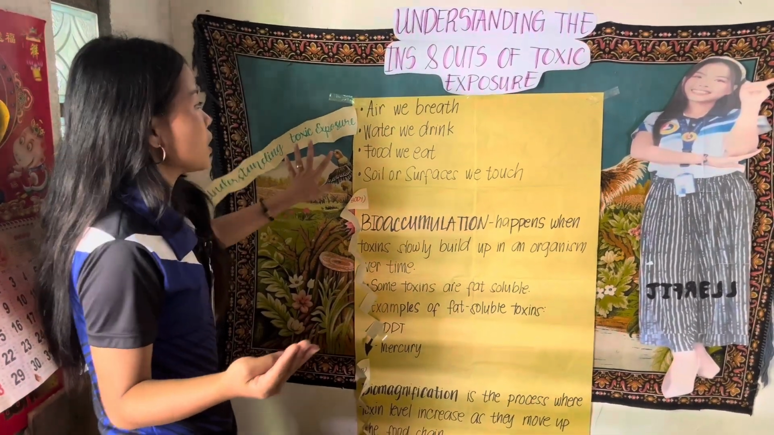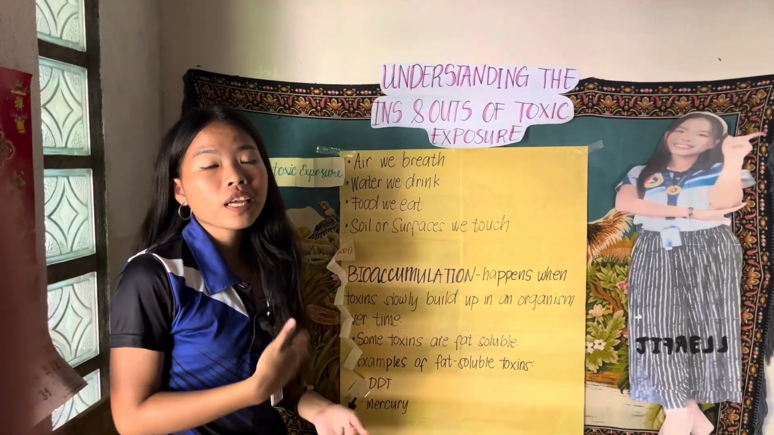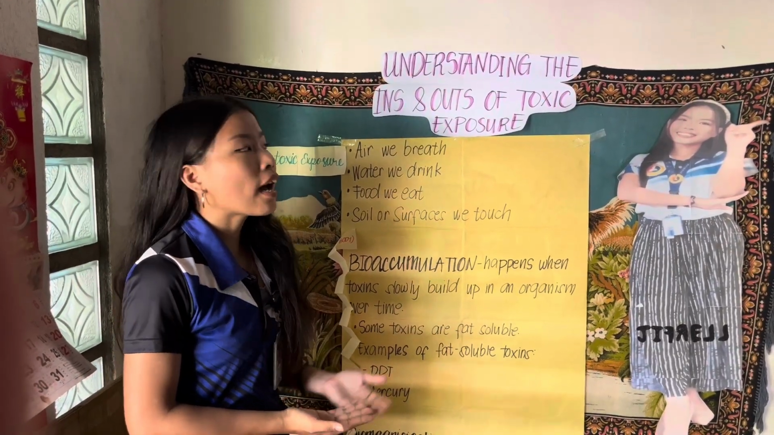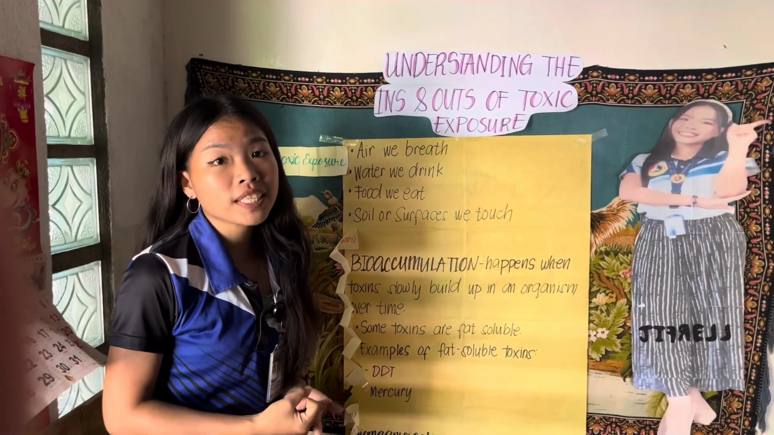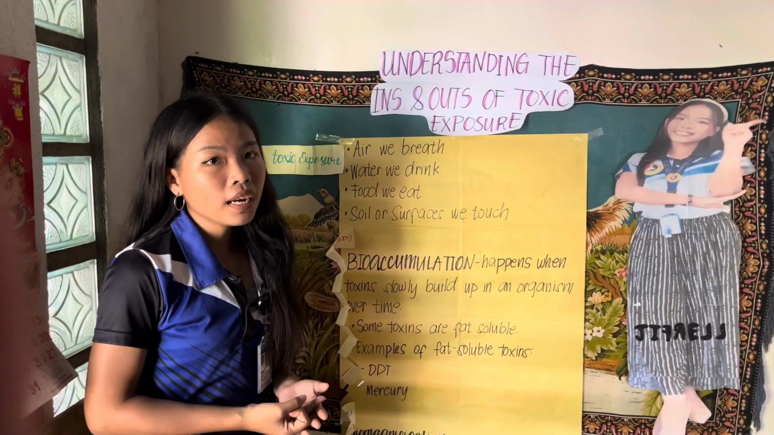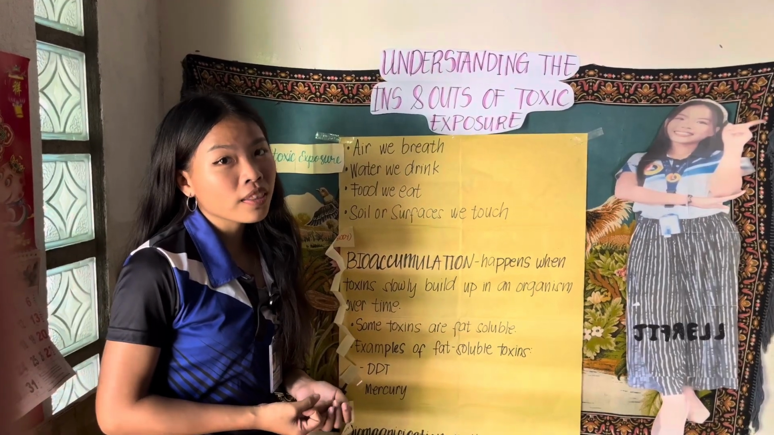Number two is the water we drink. The people most easily affected by toxic exposure are mostly children, pregnant women, elderly people, or the weakest in